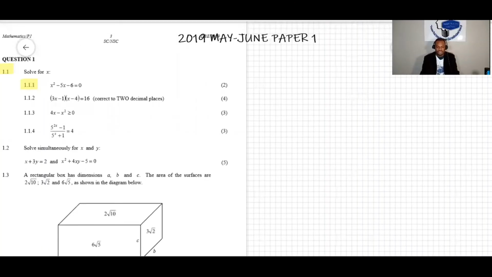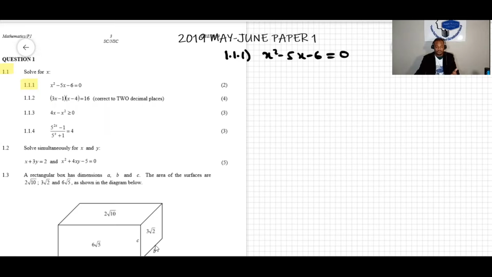Well, now we're doing question 1.1, and question 1.1.1 says, on the right here, x squared minus 5x minus 6 equal to 0, right? This is a case of a trinomial or quadratic equation, so we can solve this by factorization